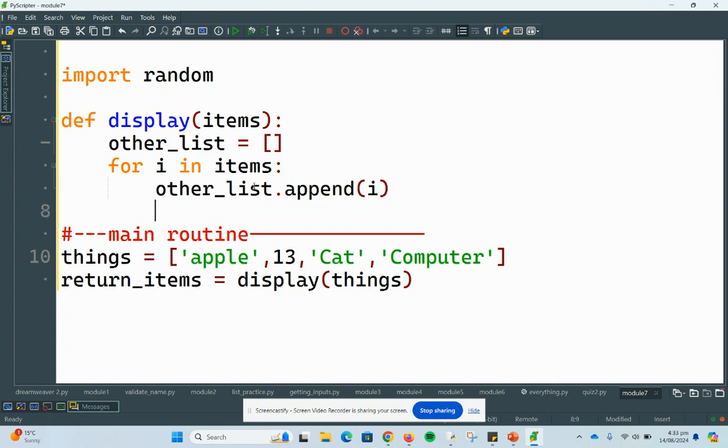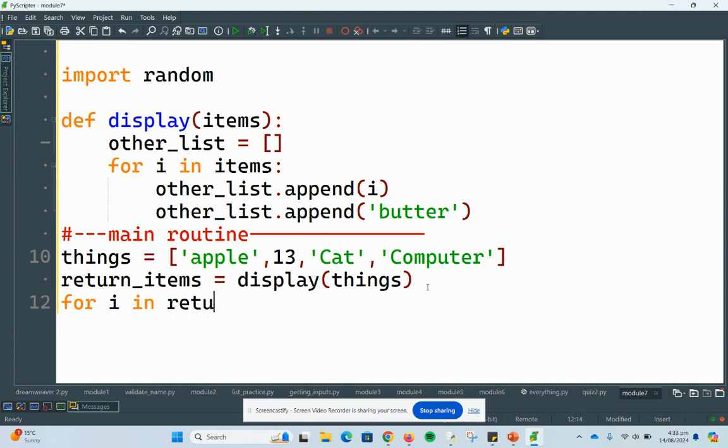Plus every time I'm going to go other list, I'm going to append. What else am I going to append? I'm going to append butter as well. Every time I loop, I'm going to append butter as well. So when I return, I'm going to have a different list with butter added in. Okay, so for i in returned items,